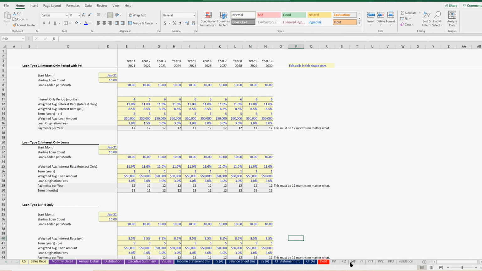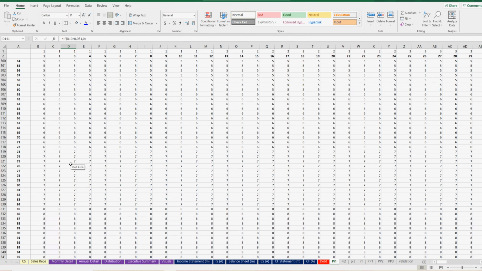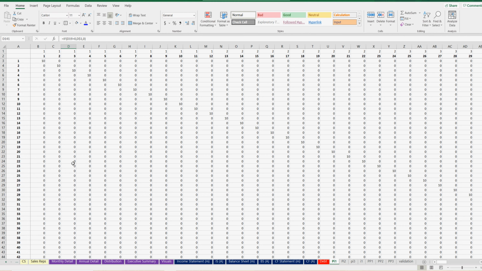If you want to see it, it's kind of crazy. There's what, 1, 2, 3, 4, 5, 6, 7 tabs, and there's over 800 rows of logic, and it's essentially putting these loans on a monthly cohort, and based on the count of loans and the average loan amount each month, it figures out the total dollar value that needs to go through all the logic, and then it will figure out based on if it's